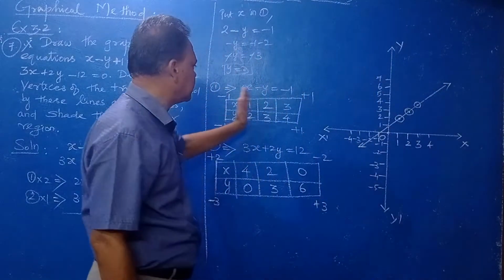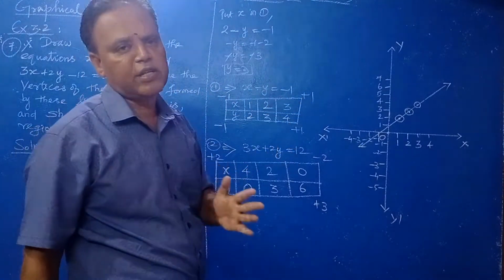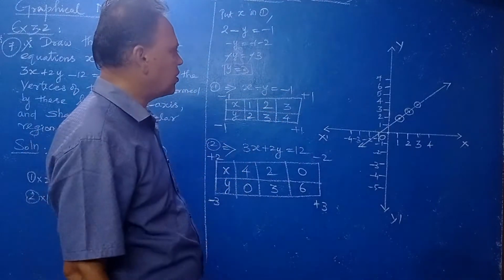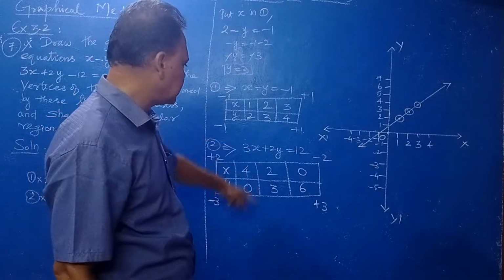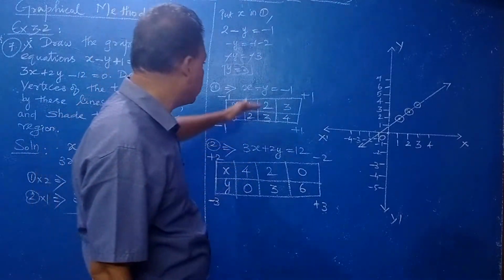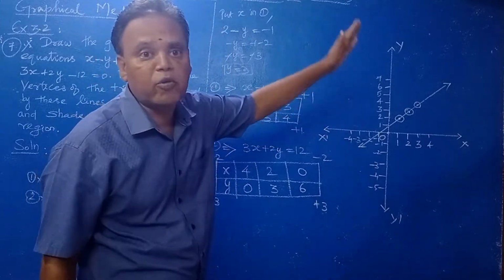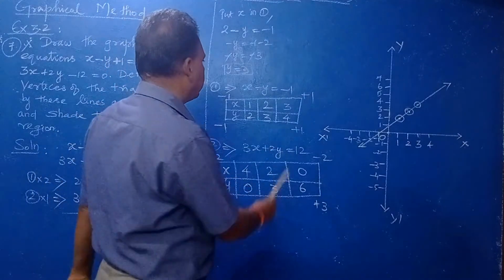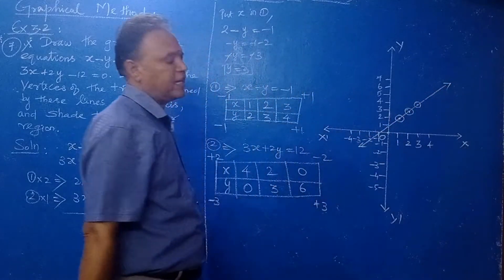Understand? You see, with this method you can find many solutions. We need only 3 solutions. Easily you can find them. Then you plot them and draw the graph, and you will correctly get a straight line. Now see this equation. Understand? So equation by equation you have to plot the points and immediately draw the line, otherwise you will get confused. Clear? Once you plot the points of the first equation, then immediately you draw the straight line.